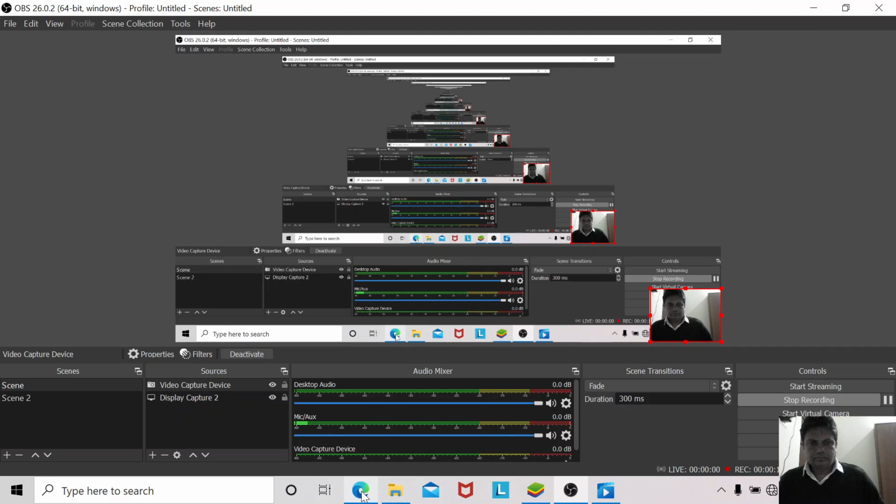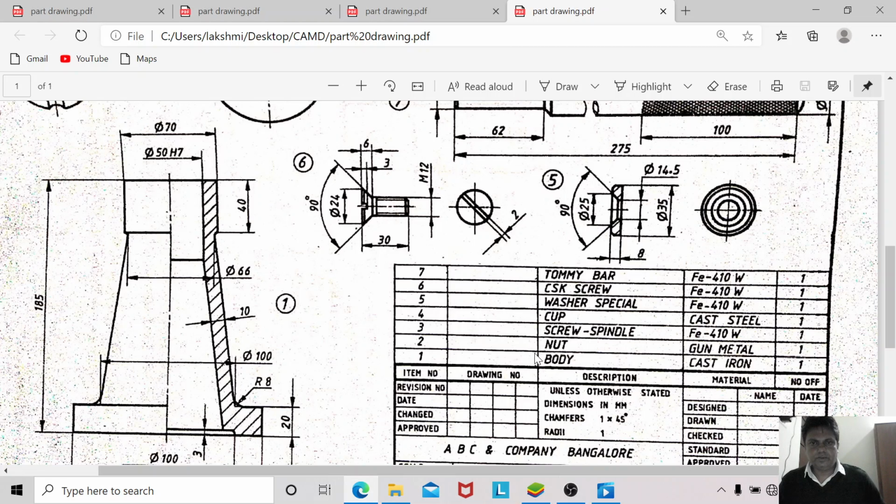Good morning to all. In this session, we will continue with the rest of the parts of this screw jack assembly. Now we have already done the two parts in the previous session. Now we will look at the third part, that is the screw spindle, made up of ferrous, 410W is the specification